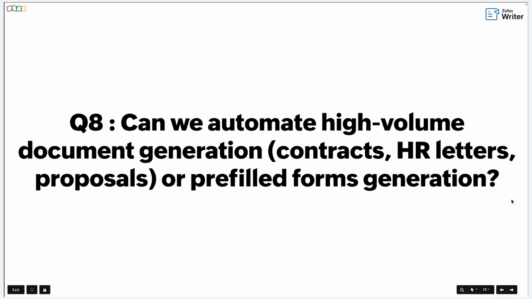So now that's been said, let's quickly move on to customization and localization. When we talk about localization, let's say one organization is operating across regions and countries. This comes up as a quick question. They would like to know whether Zoho Writer supports enterprise level customization, localization, and internationalization for global teams.